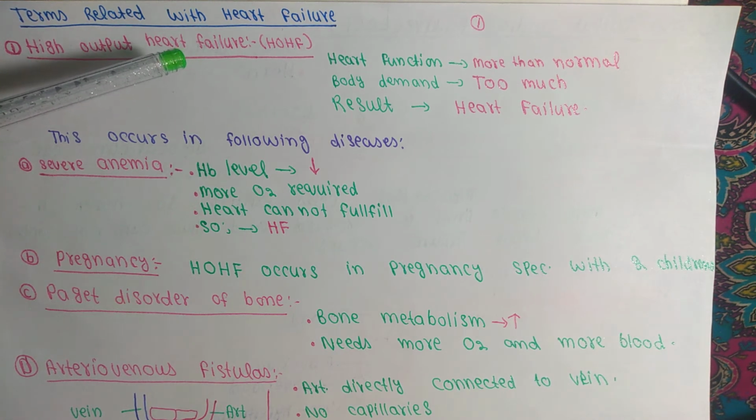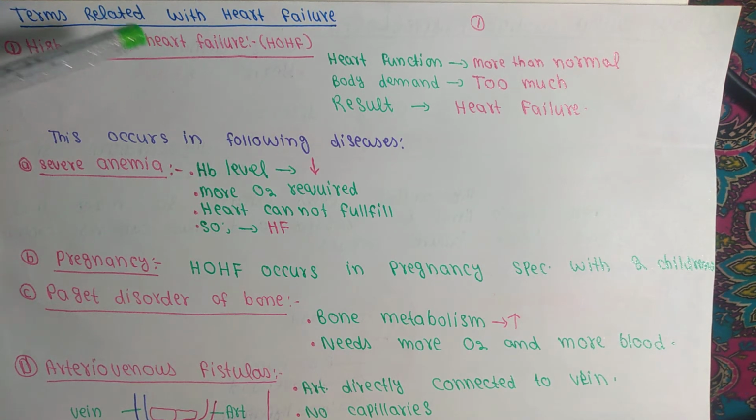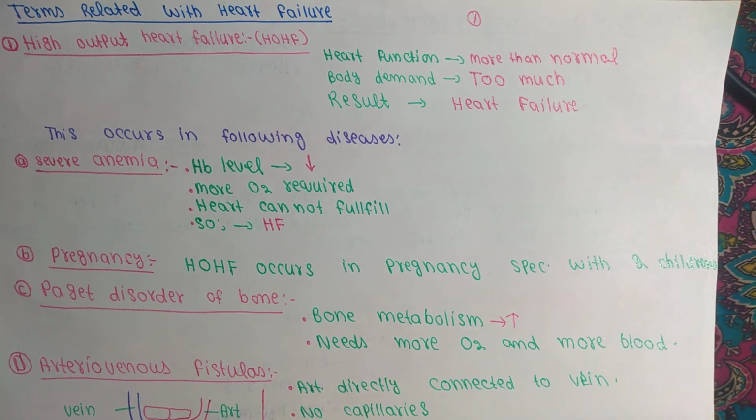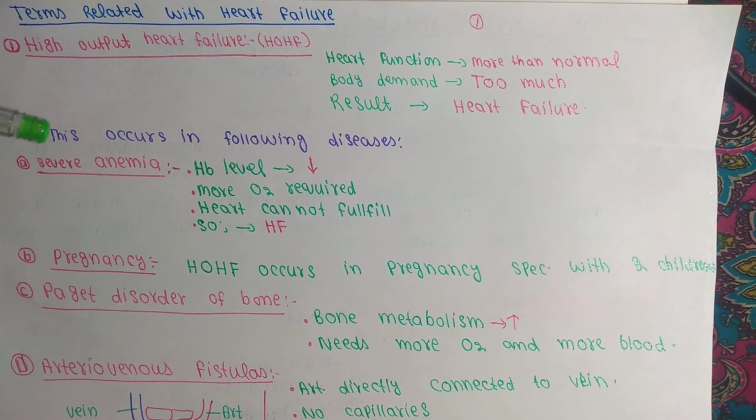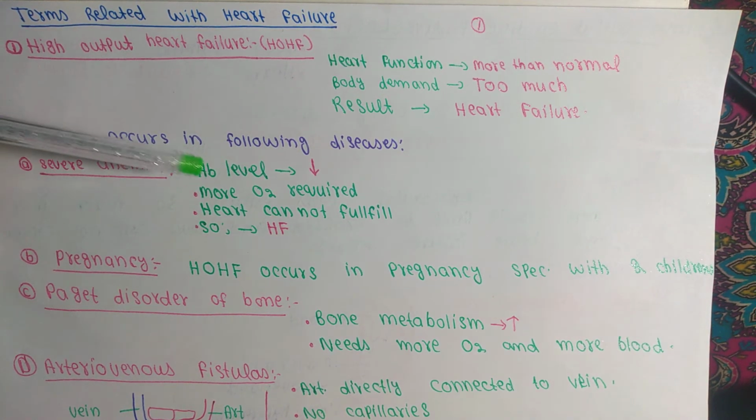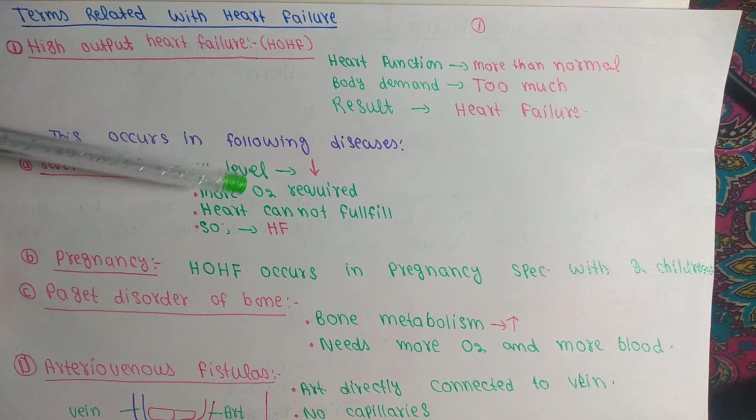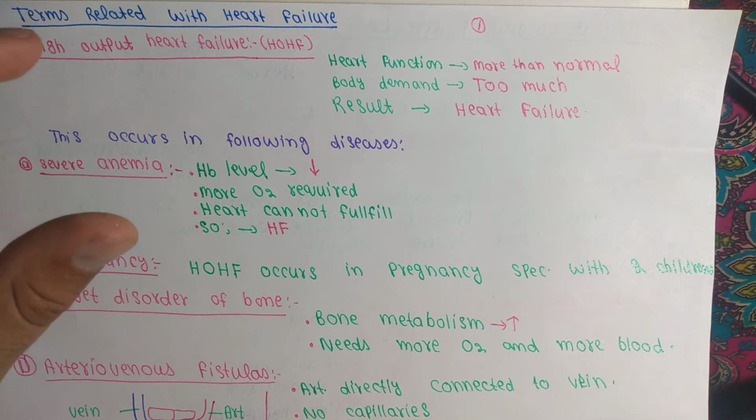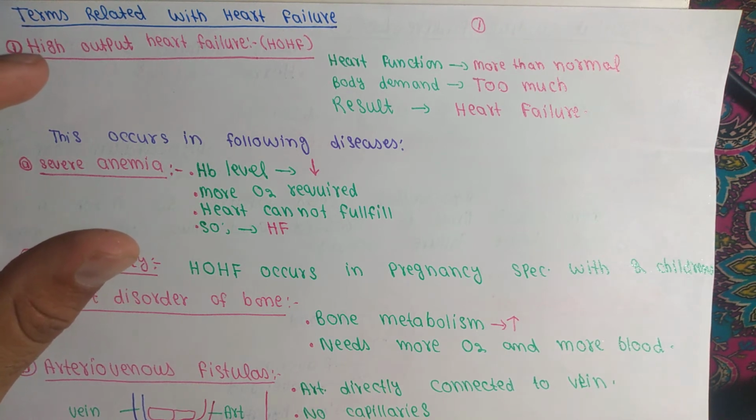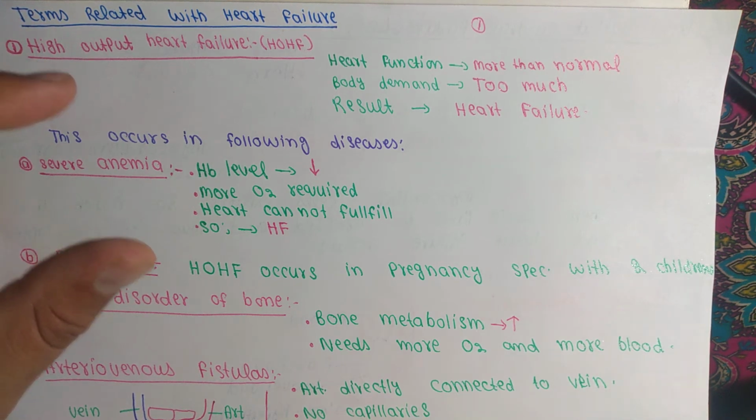What are the different diseases in which body demand is increased too much even if the function or activity of the heart is normal? So number one is severe anemia. In case of severe anemia, the hemoglobin level is decreased in the blood. When the hemoglobin level is decreased, this hemoglobin will carry little oxygen to tissues, so